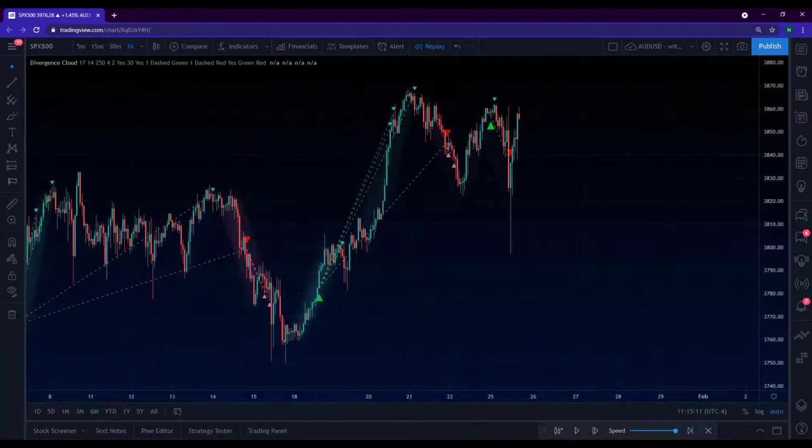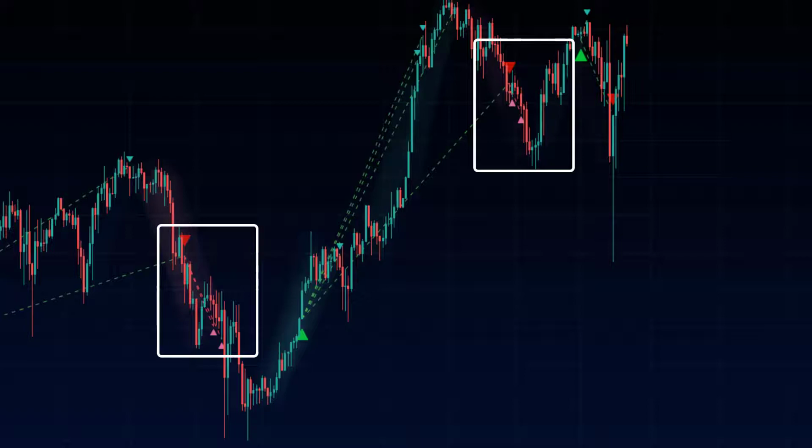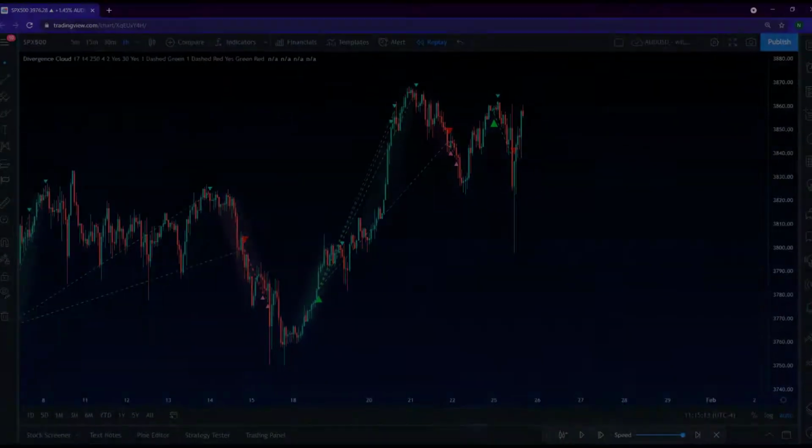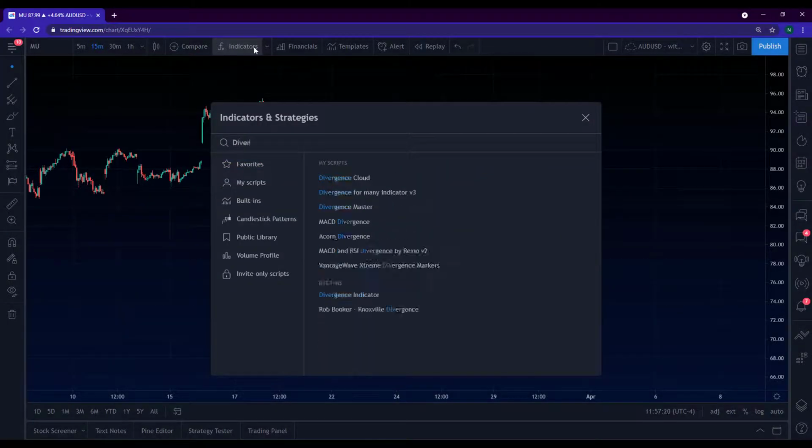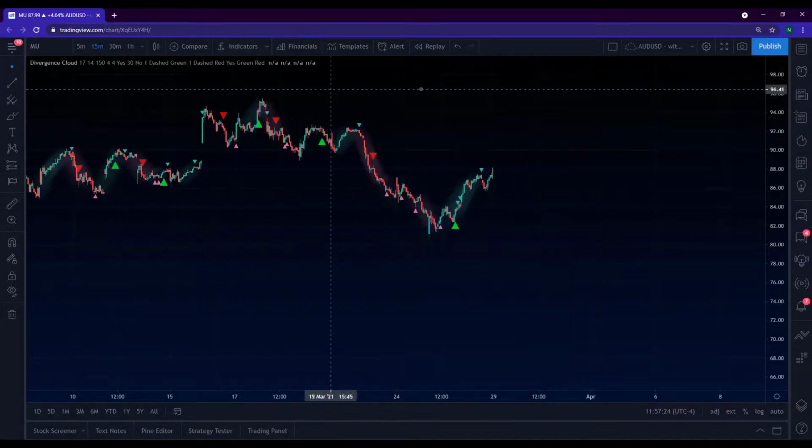Now we're catching most moves to the upside and downside, but we're biasing ourselves towards the sentiment of the chart. The short trades that were once causing us most of our losses are now being closed out profitably and quickly before the trend reverses. Next, let's take a look at MU on the 15-minute chart and apply Divergence Cloud with